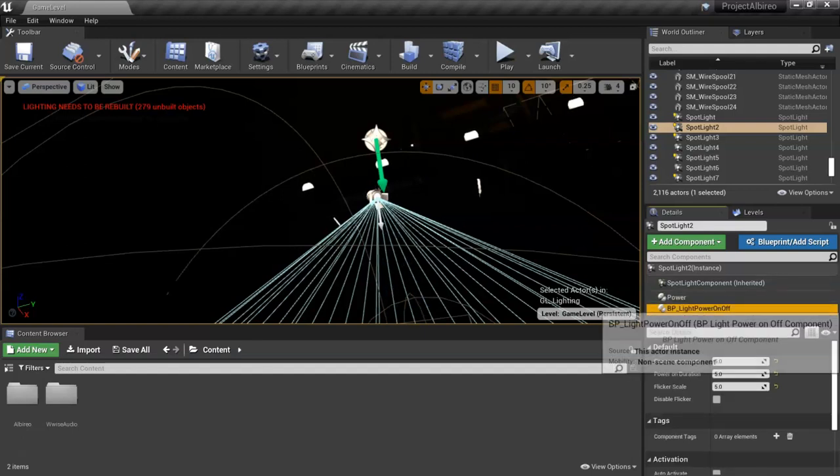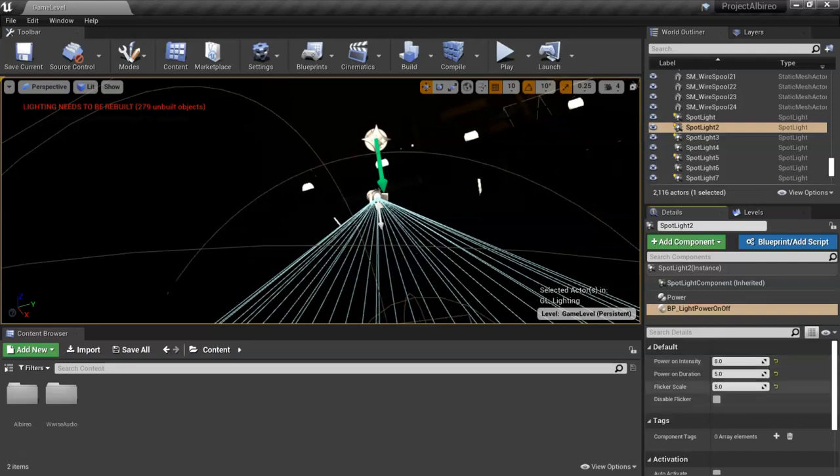So knowing that, the power on-off component will activate when it receives enough power, and there are 4 fields. The first is the power on intensity. This is just the light intensity that'll be reached when it's powered on, and we'll actually set that to 8. And then the power on duration is how long it'll take to reach that. So right now, if we were to power this light, it would take 5 seconds to go from 0 intensity